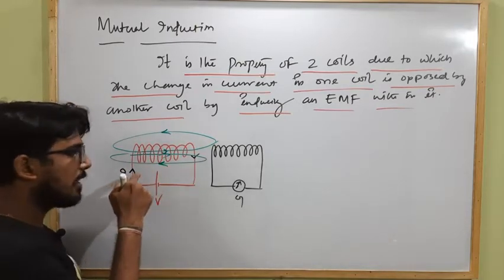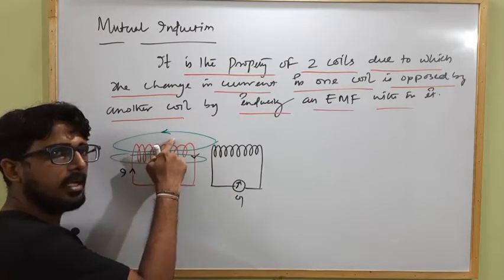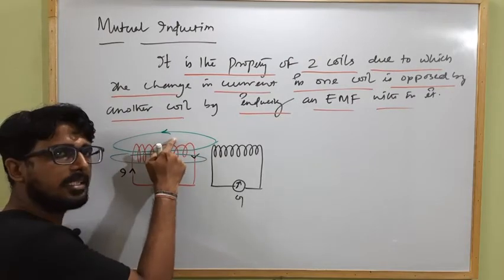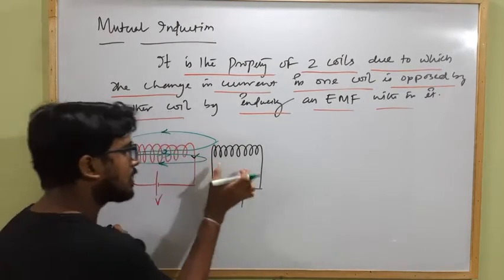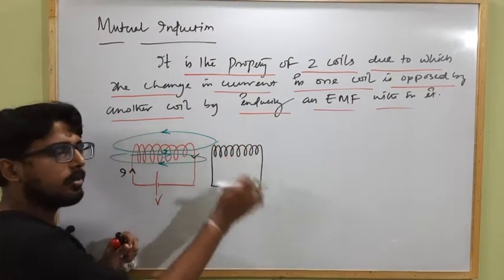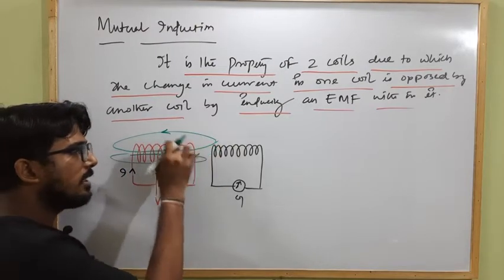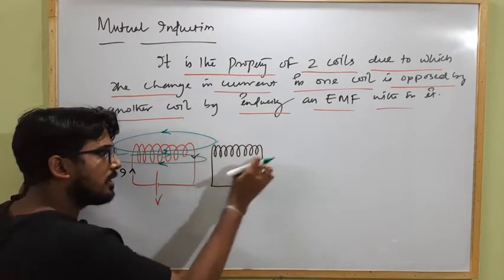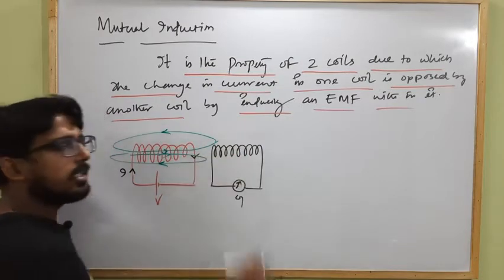Clear? Initially when there is no current, there is no magnetic field or magnetic flux linked with this coil, but when current starts to flow through this coil, gradually the magnetic field strength increases, due to which the magnetic field lines increase. As this coil is placed close to the first coil, initially there is no magnetic field linked with it, but when the current I starts flowing, the field strength increases, and the magnetic field linked with this coil also increases, due to which the flux linked with this coil increases.